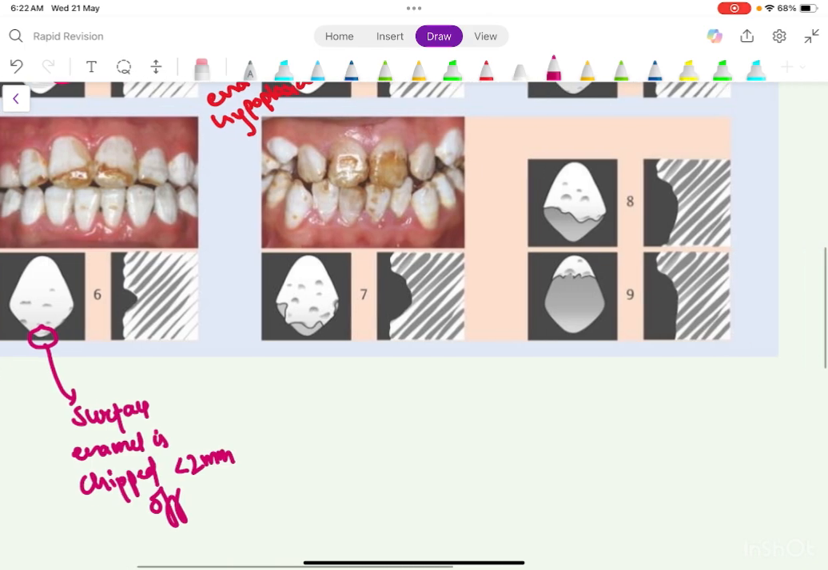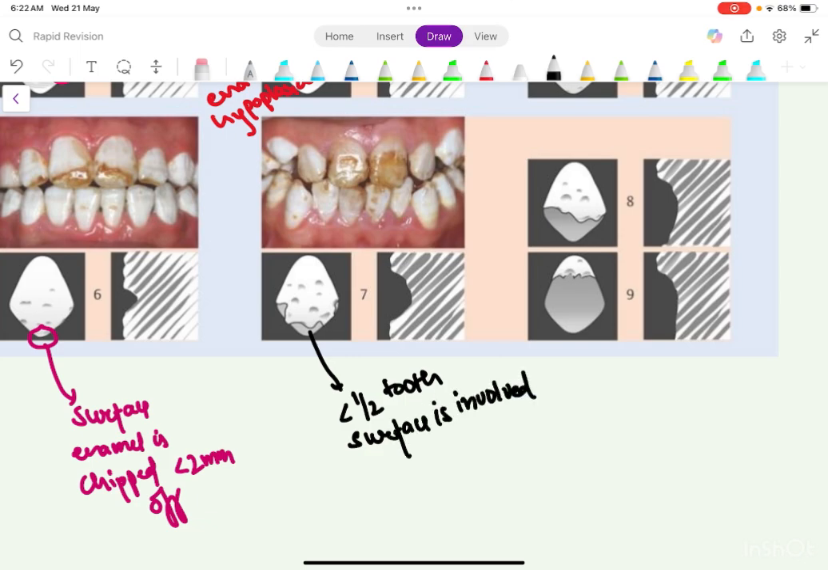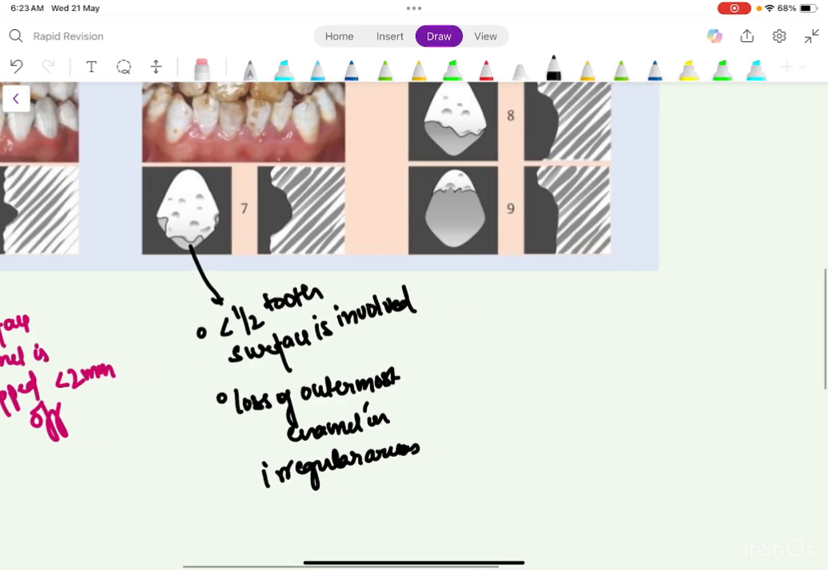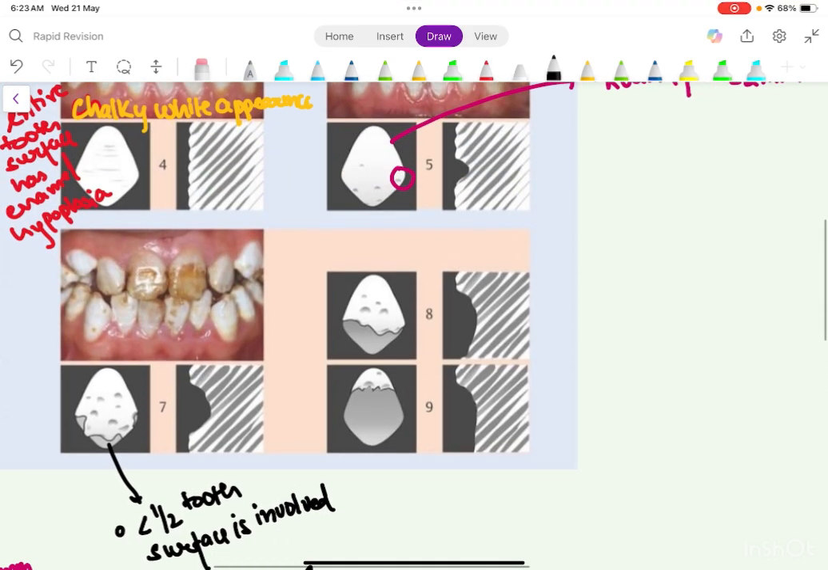Now look at the seventh one. In the seventh you can observe that there is more chipping of the enamel at the incisal edges. So in this you will see that less than half of the tooth surface is involved, and there is loss of outermost enamel in irregular areas. Okay, now in 8 and 9 the difference is just between how much